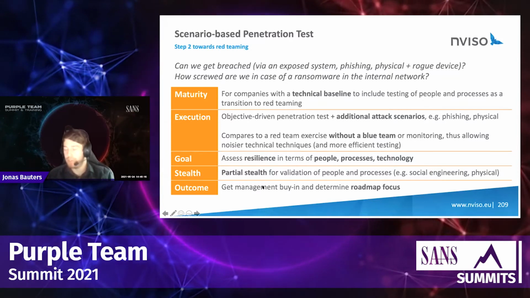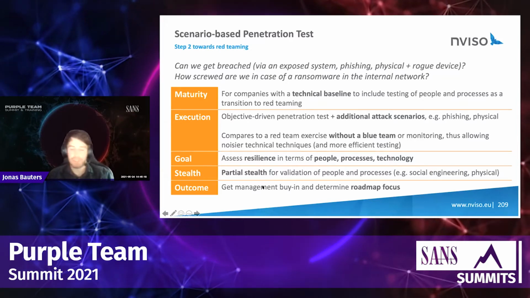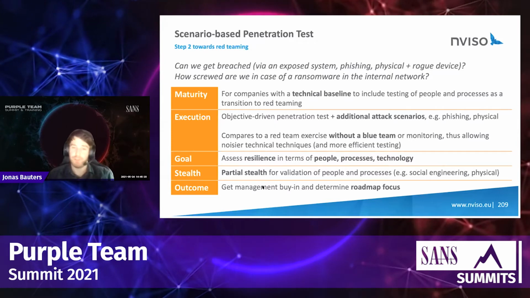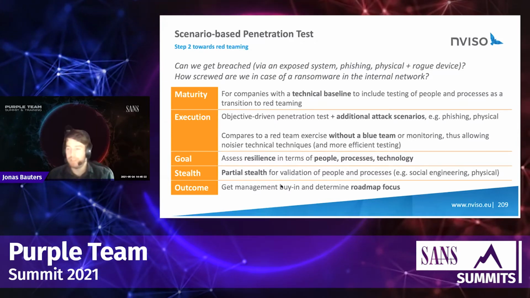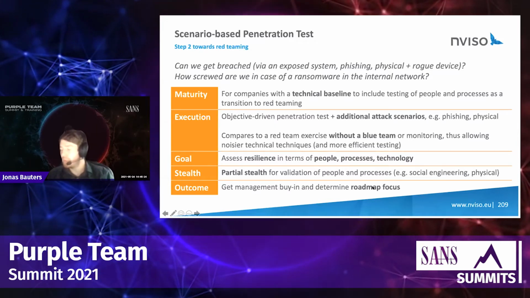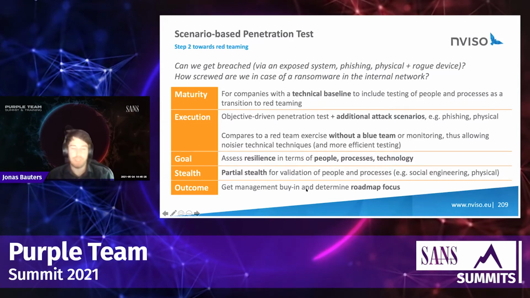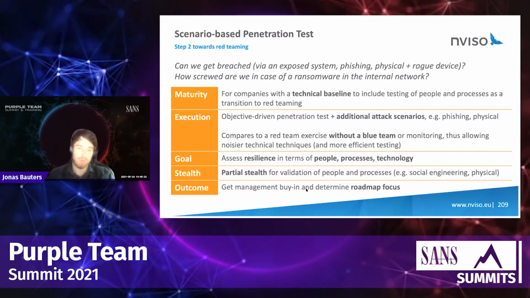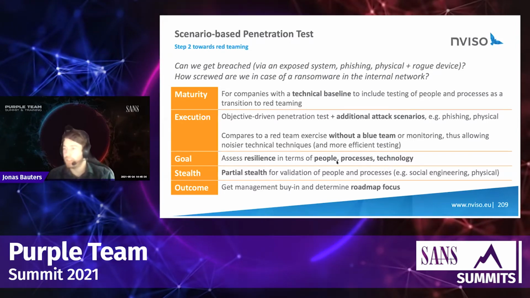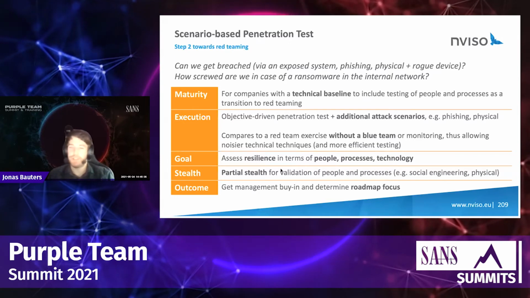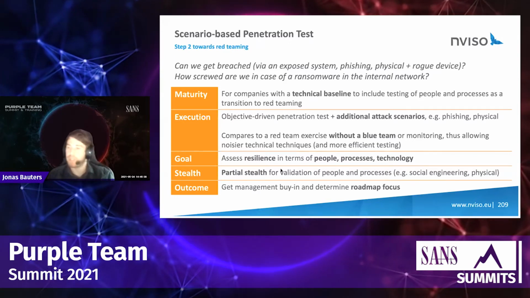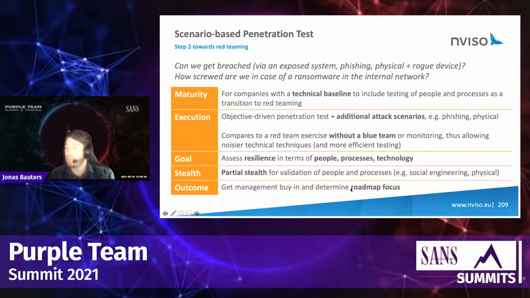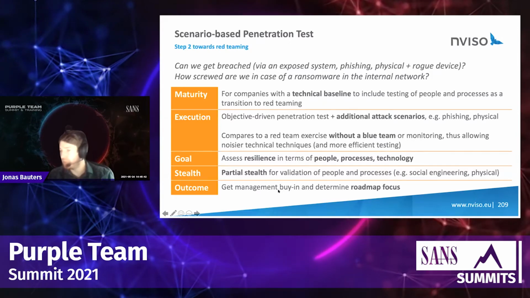So the outcome here is to further look at your defenses, your security posture, and look at the focus for the roadmap. So you will see, if we easily got in through phishing, then security awareness is definitely an improvement area. If we easily got in through physical with a rogue device, then that is a clear aspect for improvement. So this should help to determine where you should focus your improvement efforts.